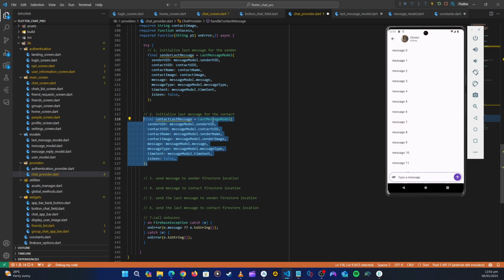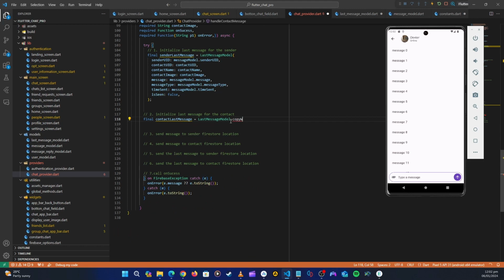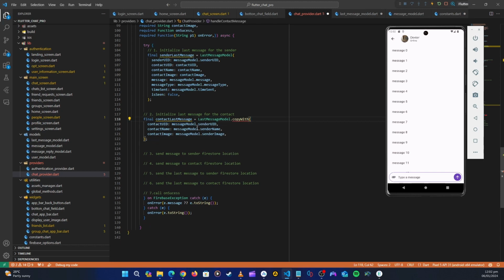But the reason why we don't want to do all of this, because here inside this message, this last seen, time sent, and message type, message, these things are going to be the same, and also the sender UID is going to be the same. The only things that are going to change are these 3. That's why we created the copy with. Okay, so here instead of that, from here we can do that copy with method. Okay, we did copy with like that. Okay, and then here in the copy with method we don't have that, so we are only putting the